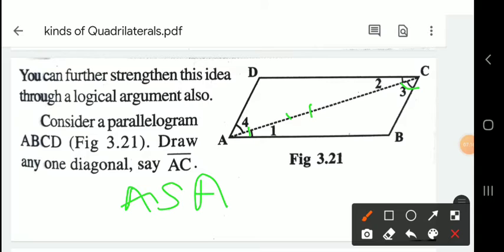So from the triangles are congruent triangles, right? Now if the triangles are congruent, their corresponding sides are the same. So here we get the side AB is equal to side DC and the side BC is equal to the side AD. Okay, from congruency of these two triangles, we have AB bar is equal to CD bar and BC bar is equal to AD bar.